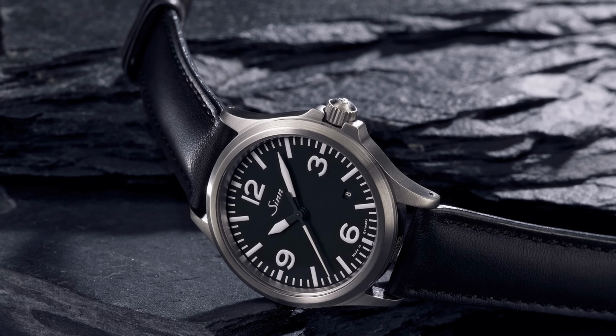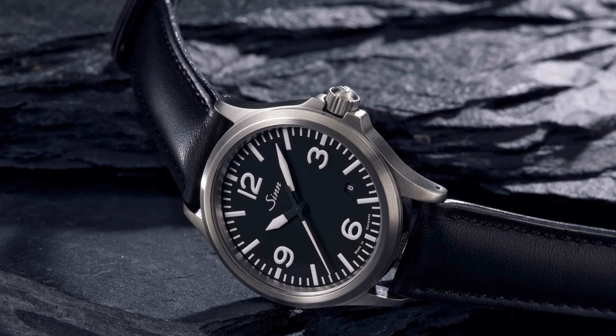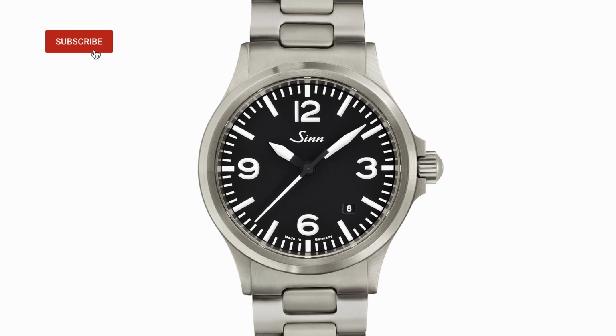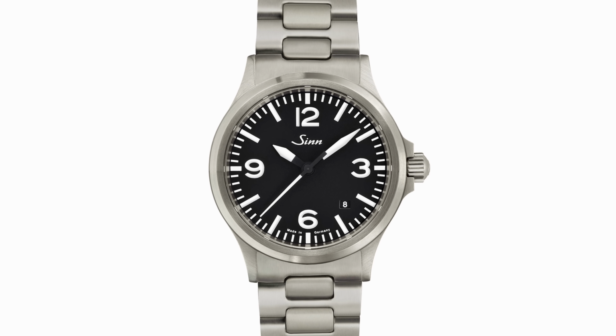He founded the company in 1961. He was a former pilot, and so a lot of his designs were inspired by the instrument gauges in the aircraft that he flew. That's very apparent here. You get 38.5mm of stainless steel, a Sellita SW200 Swiss-made automatic movement, sapphire, it's anti-magnetic too, 200 metres of water